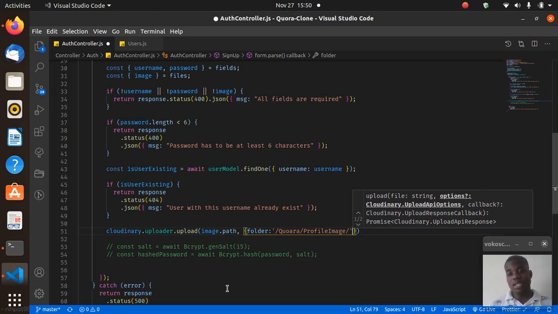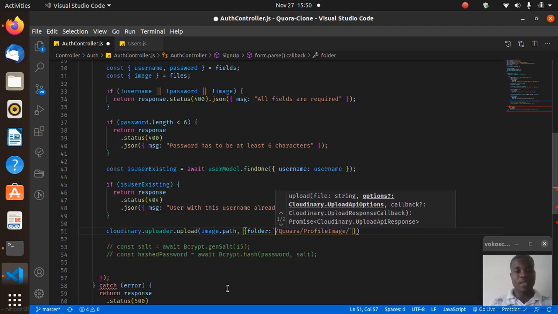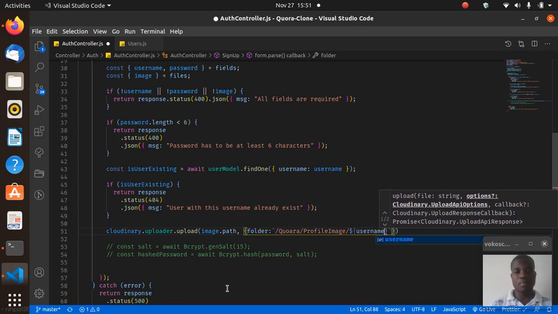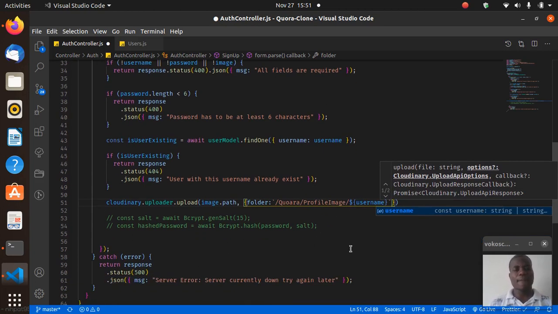And then because we just want to separate them, should I separate them? If this maybe was production, I could do something like this so that I can manage each and every person's profile image, and then I put in the username, because it will be Quora profile image of, maybe say the username is Junior, and let's say another username is Ben, it will be profile Ben, right? Things like that. So now after doing that,